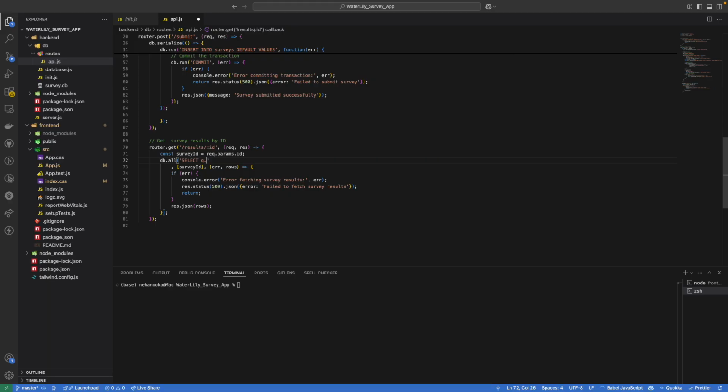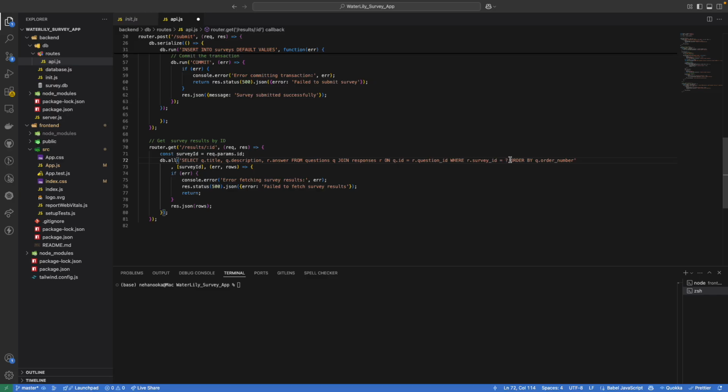So let's say q.title, q.description, and we have r.answer, which is in the responses table, and we have to join questions and responses on the common id, which is question id, so on q.id equals r.question_id,